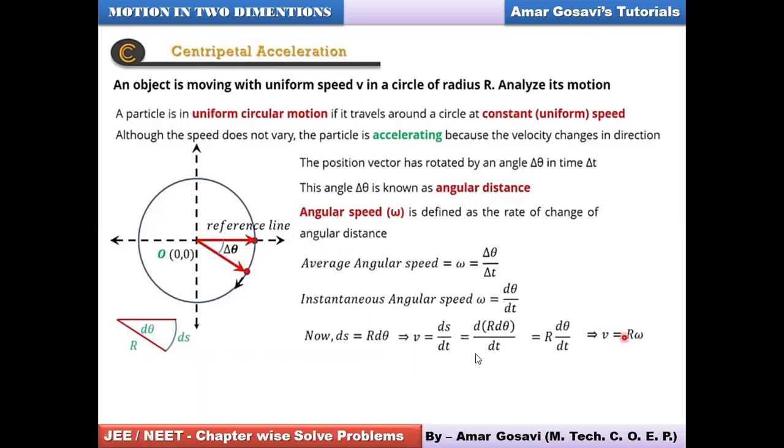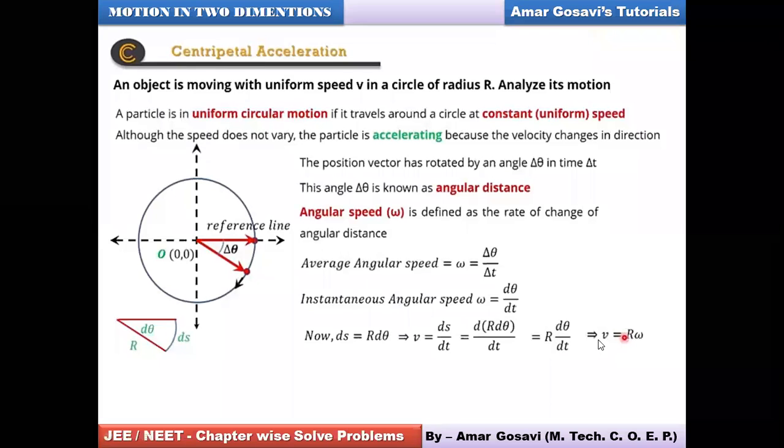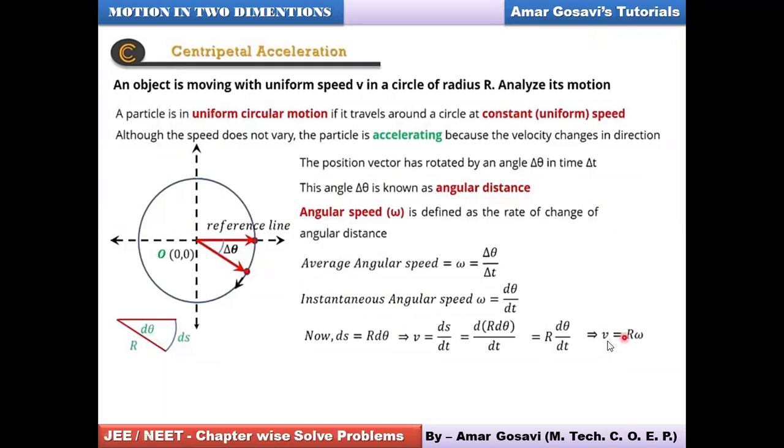So r comes out, and what remains in the operator sign is d theta by dt. So what is d theta by dt? We have seen it's instantaneous angular velocity. So instead of d theta by dt, I will put it as omega. So here we get a relationship v equal to r omega, where v stands for linear velocity, friends, r stands for radius vector and omega stands for angular velocity. This is the notation in the form of a scalar notation basically.